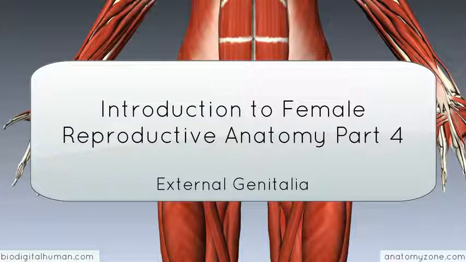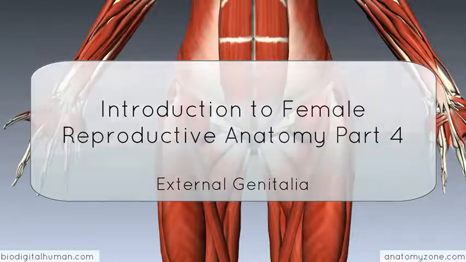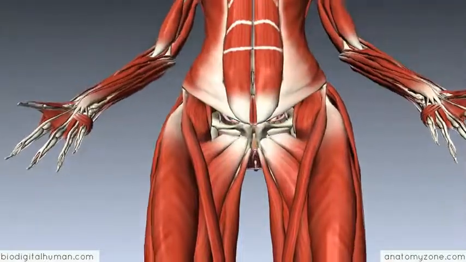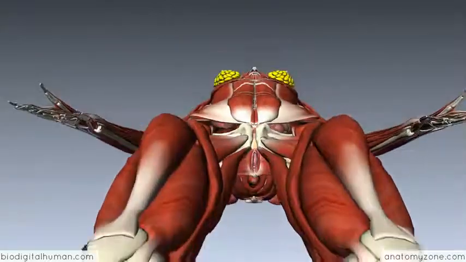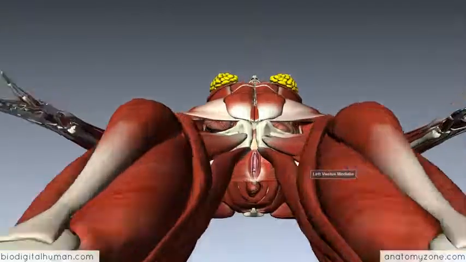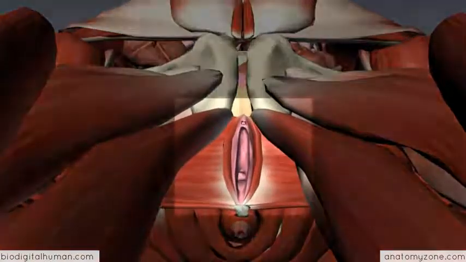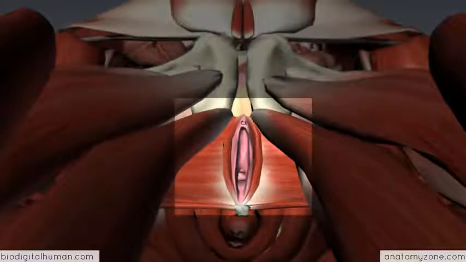Okay, so in this tutorial we're going to take a look at the female external genitalia. So what I'm going to do is rotate this model so we're looking at an inferior view of the external female genitalia. The way that I'm going to explain the anatomy of this area is through a diagram. So looking at the same view, I'm going to talk you through some of the anatomical features of the female